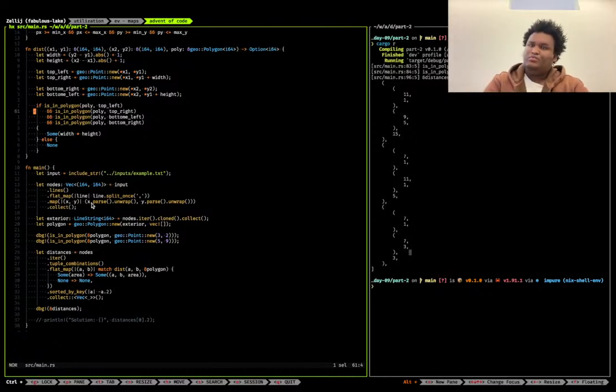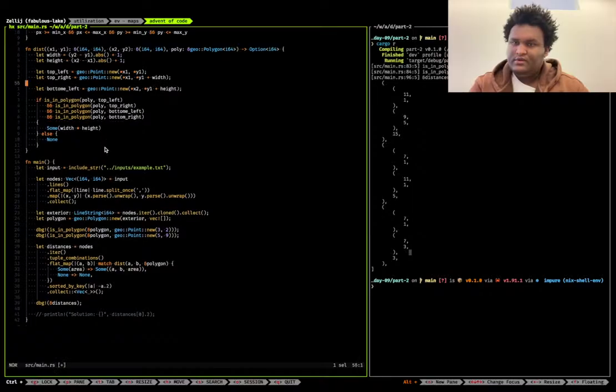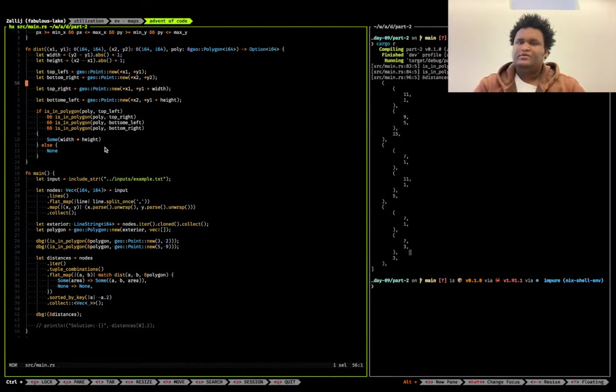So top left and top right. No, top left and bottom left, bottom right. So these are the original points. These are the points that we want. These are the OGs. So top right will be at the same X position, but we just need to add the width to the